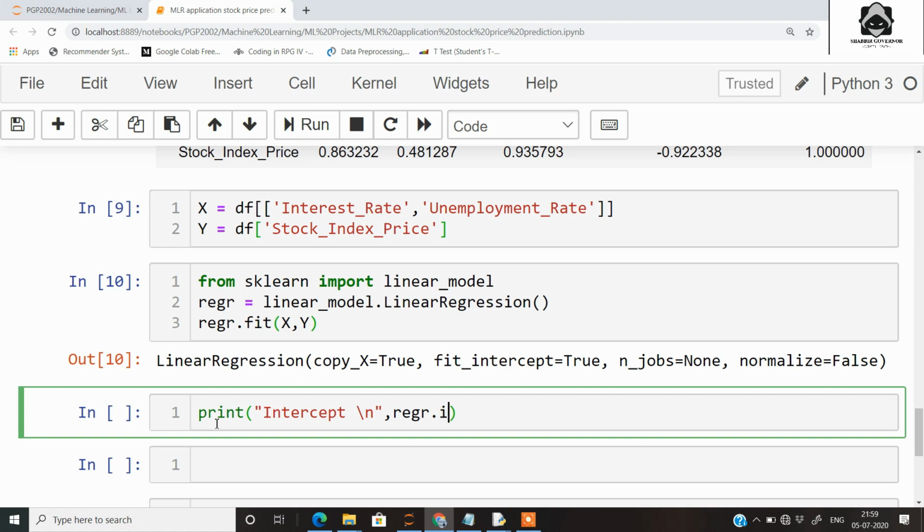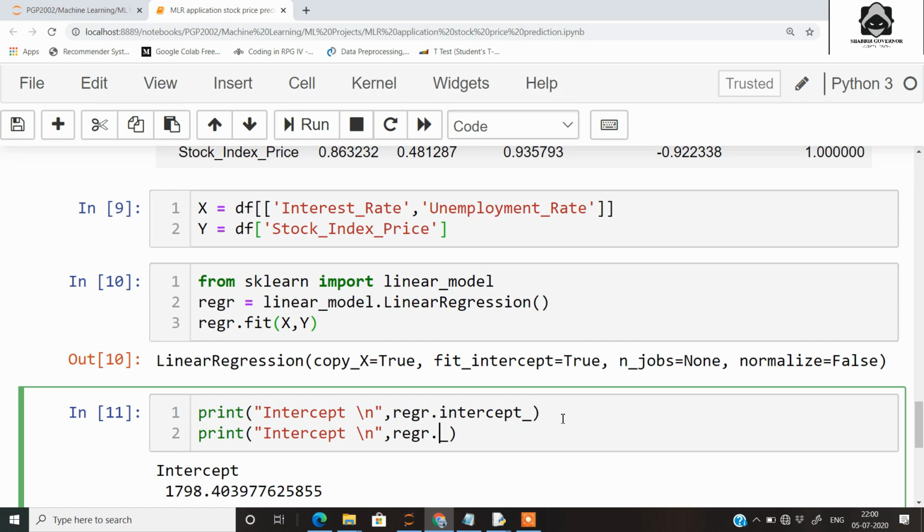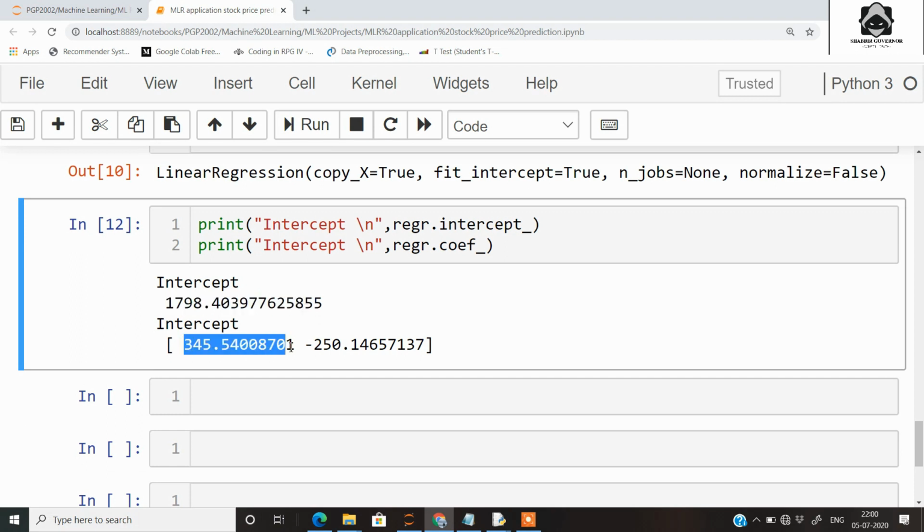So on that, if you just call the intercept, you will get the intercept. In the same way we will also print the coefficients, that is beta 1 and beta 2. So this is the beta naught, this is the beta 1 and the beta 2.